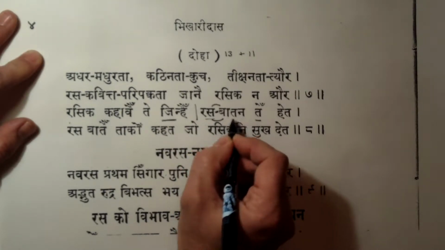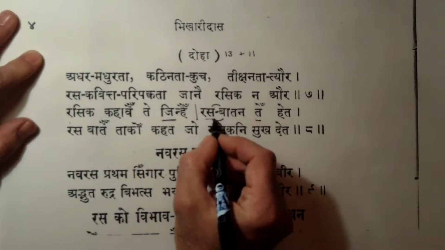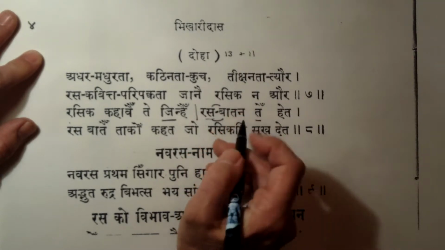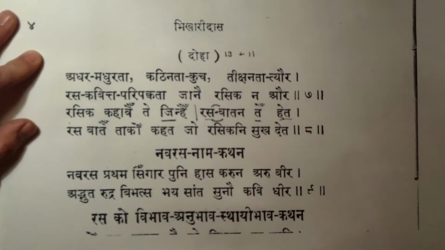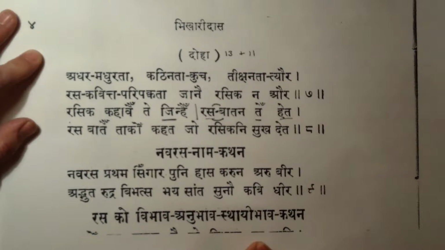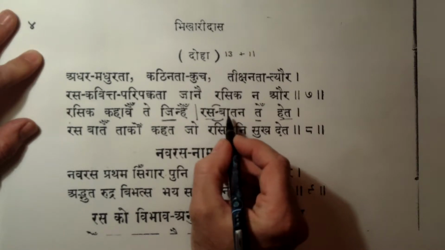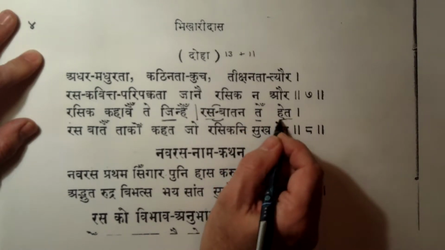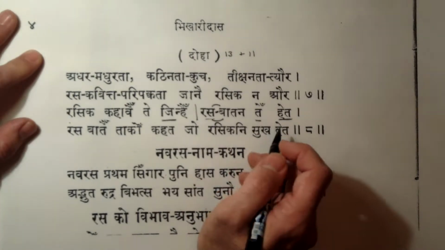All right, bhats, things, matters, which have rasa. Okay, so we can take this as rasa ki bhatan, things of rasa, or things about rasa. And finally, heta. Heta can mean a number of things. Here, it means essentially love or affection. Okay, so let's put these together. Rasa bhatana, so matters concerning rasa, or matters that have rasa in them. From them, heta, affection, affection for, love for, concern with.